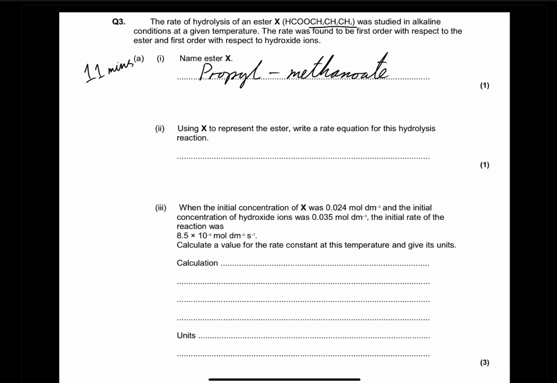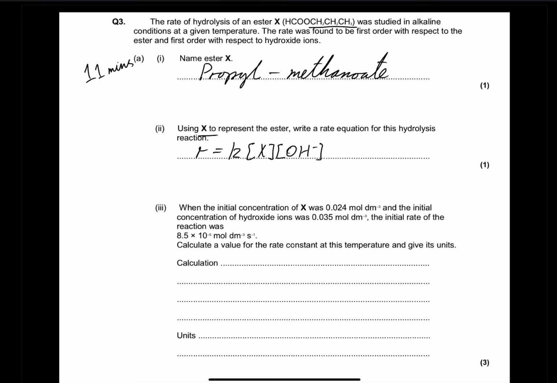Using X to represent the ester, write a rate equation for the hydrolysis of reactions. So they said we can use X to represent the ester. First order with respect to ester and first order with respect to hydroxide. And so R is equal to k [X][OH minus]. When the initial concentration of X was 0.024 moles per dm cubed, the initial concentration of hydroxide was